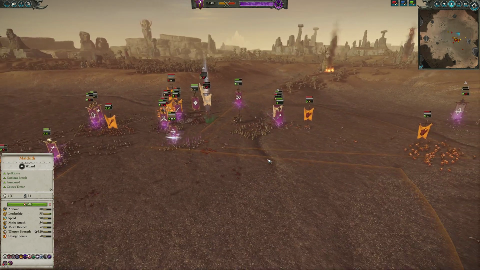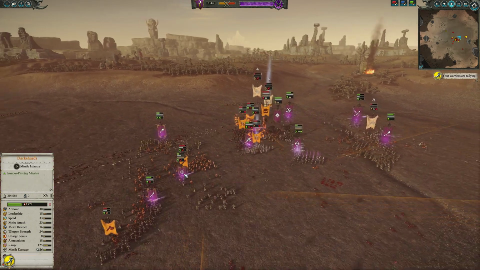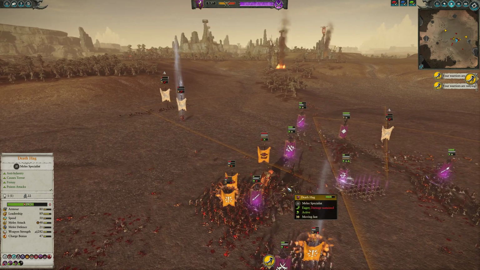I'm going to have these Blackguard of Nagron come back here to try to protect my Dark Shards. And as you see, again, he just pulls away and goes after my archers. It's a great tactic here. So I send Malekith after the Gorbel, and he's able to rout him off, which leaves my Death Hag here